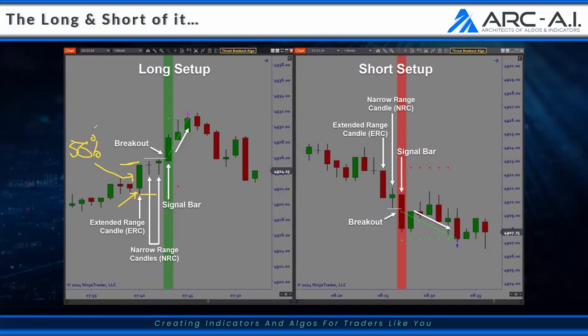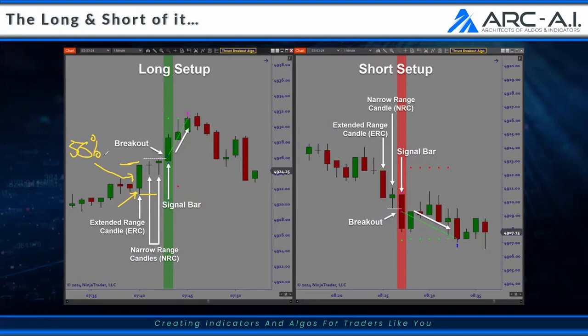By the way, you can optimize that. If you want it to be less, more, it's up to you. The algo will backtest and let you trade based on what you see fit. Okay. We're going to go over some hints in optimization tomorrow. So you're going to absolutely want to get in on that action because, trust me, I've got some really great stuff to show you in terms of setting up this algo to do what you want it to do. Okay. So good stuff coming your way tomorrow.